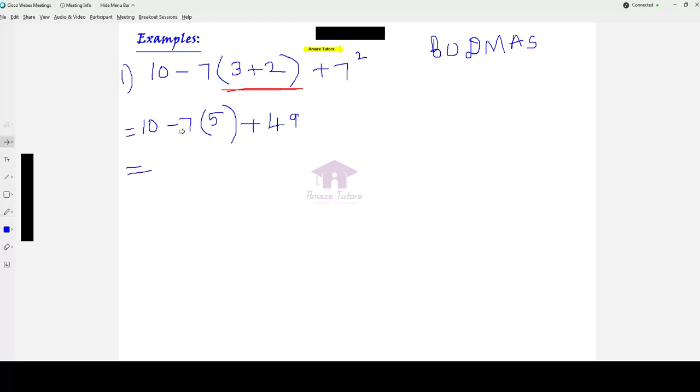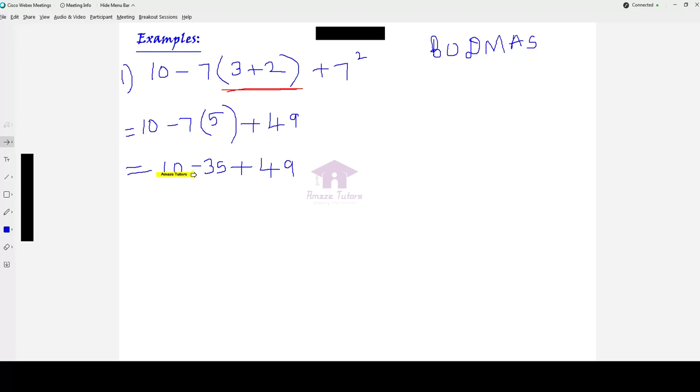So you can do this 49 in the next step as well as here. No problem. Now we do have brackets or multiplication, subtraction, addition. Which comes next? Obviously multiplication. We need to multiply 7 and 5, or bracket. You can call it as bracket. So 7 5s are 35. And everything else we are writing as it is. Now we have subtraction and addition. As I have already mentioned, you can see addition first and subtraction next in the rule. But as I said, we need to follow left to right. Whichever comes first, that needs to be performed first.